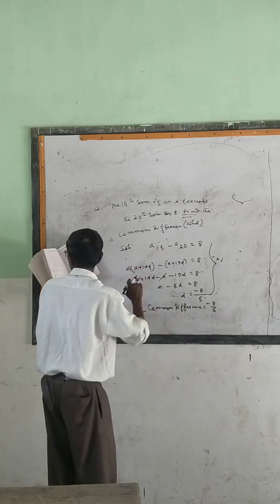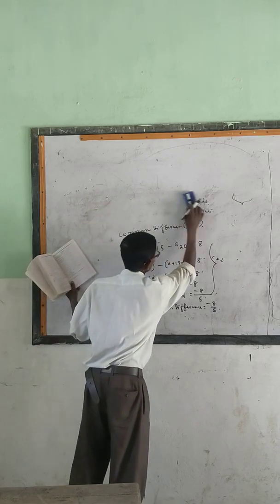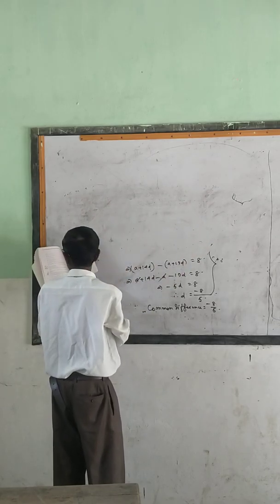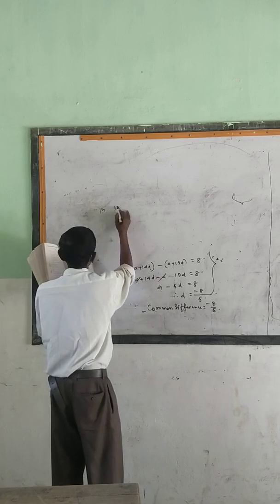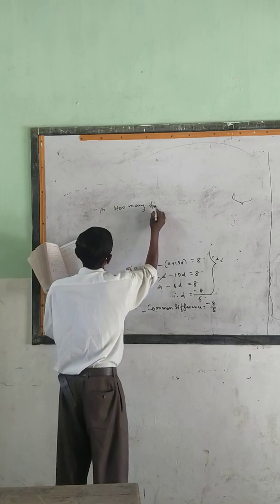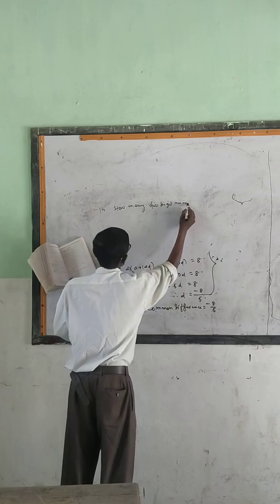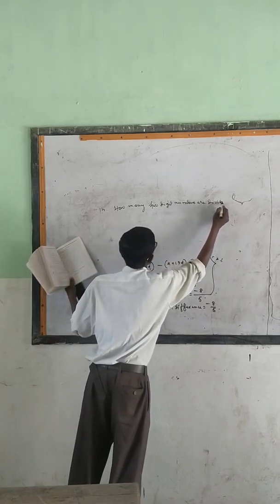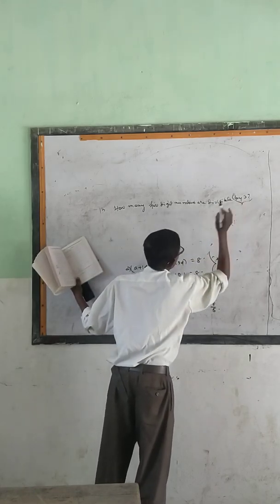So for the remaining part, there is question number 13, let me try it again. Question number 13, let me write the question again. Others we can do in the normal classes, whenever we open the normal classes. So question number 13: see, the question asks how many 2-digit numbers are divisible by 3. See, for 2 marks they can ask.